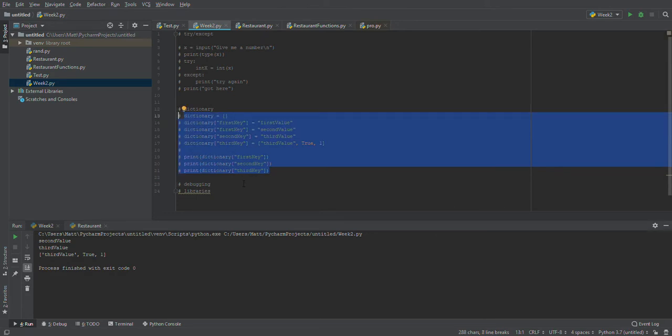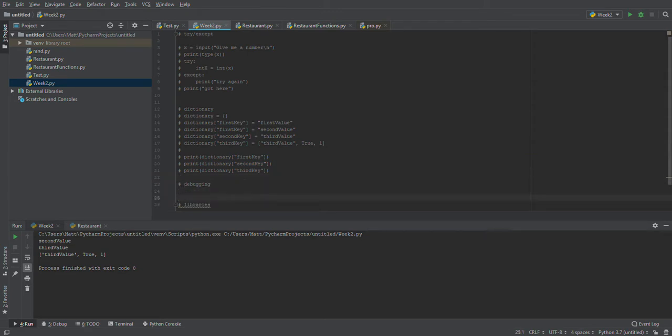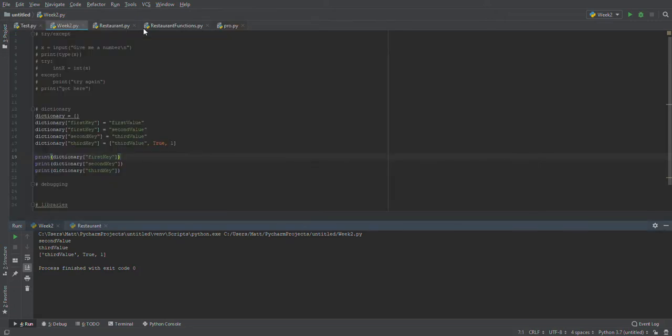Next up is debugging. So debugging is a nice way to figure out what exactly is going on with your code, especially when you start making more complicated projects. So I'll just actually uncomment this section. And this is why PyCharm is helpful in particular, pretty much. So PyCharm is an IDE, or integrated development environment. Essentially, it gives you everything you need to code effectively, but